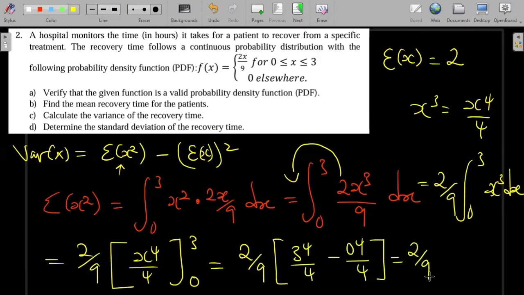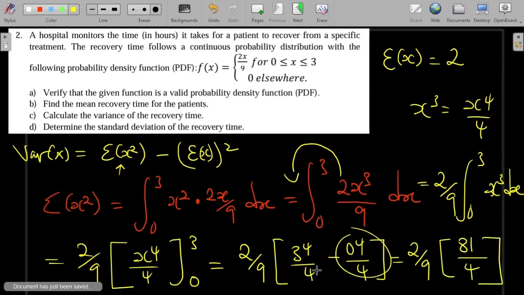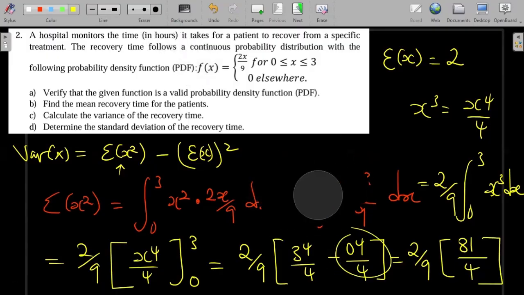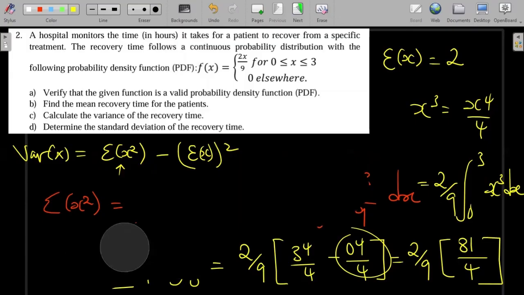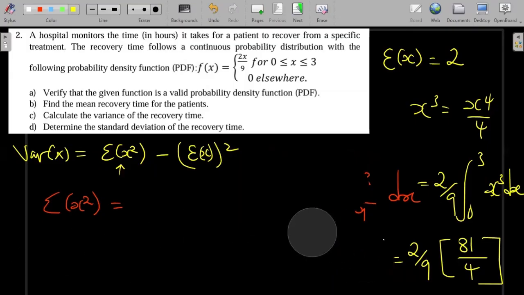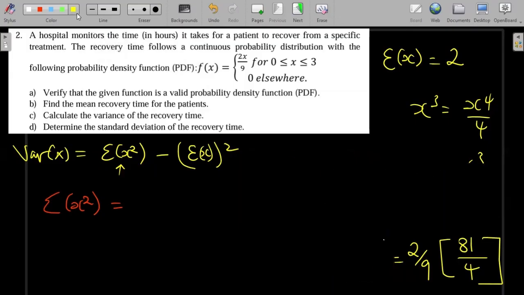It will be 2 over 9. 3 to the power 4 is going to give me 81 divided by 4. Then this one becomes 0, so we can leave it out. So here it means that our expected value of x squared will just be equal to